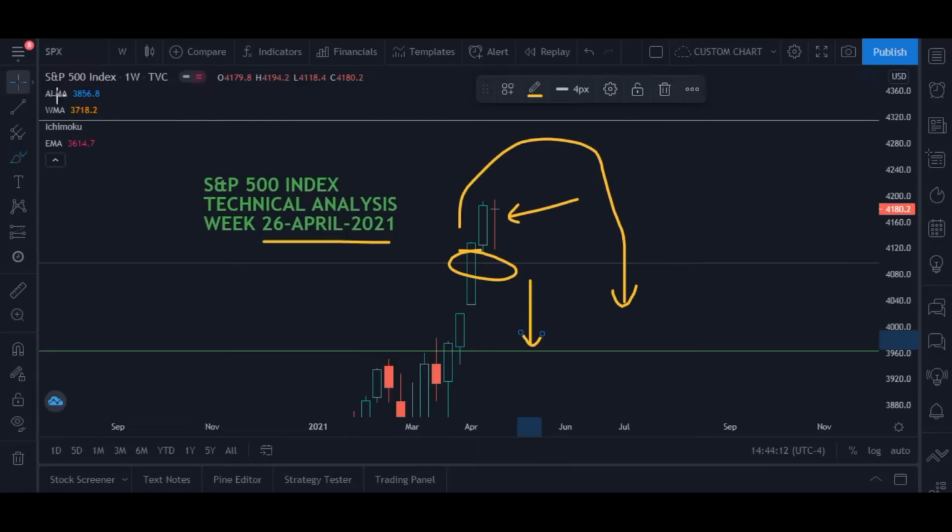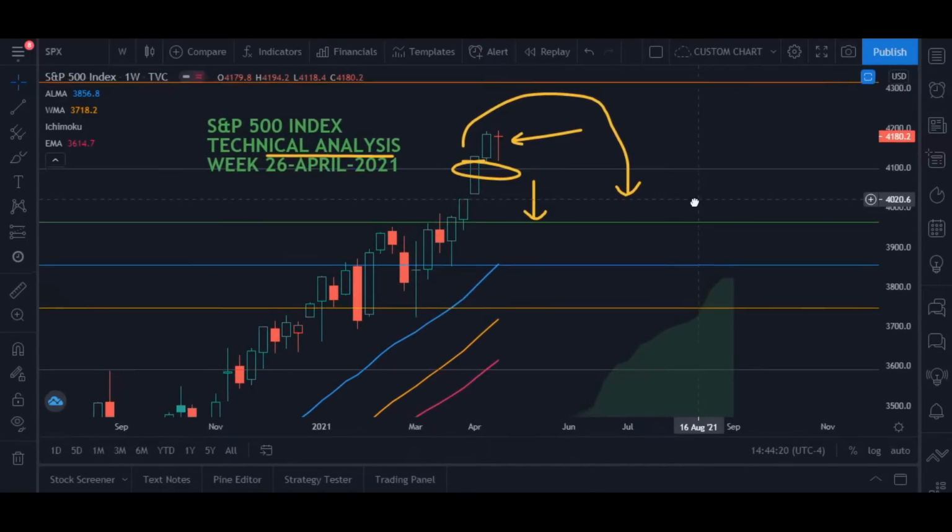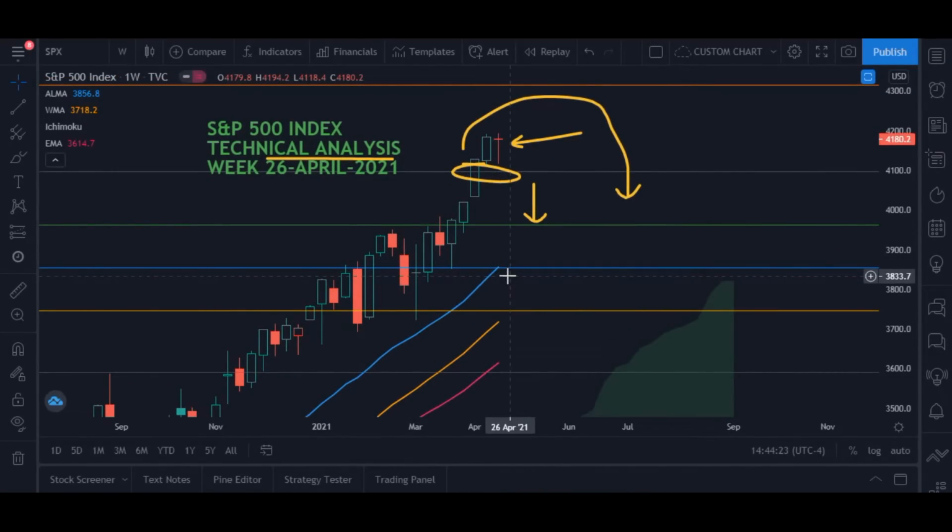Now let's talk about the indicators. If we talk about the moving averages, you can see that the nearest moving average, ALMA, is at 3856, whereas the market is at 4180. So there is a good deviation in the price from its nearest moving average, ALMA. However, we always consider the exponential and the weighted. The exponential moving average is at 3600, and the market is at 4100. So there is a very heavy deviation from its moving average, which is indicating that it is the need of the time that the market must now come into the correction,